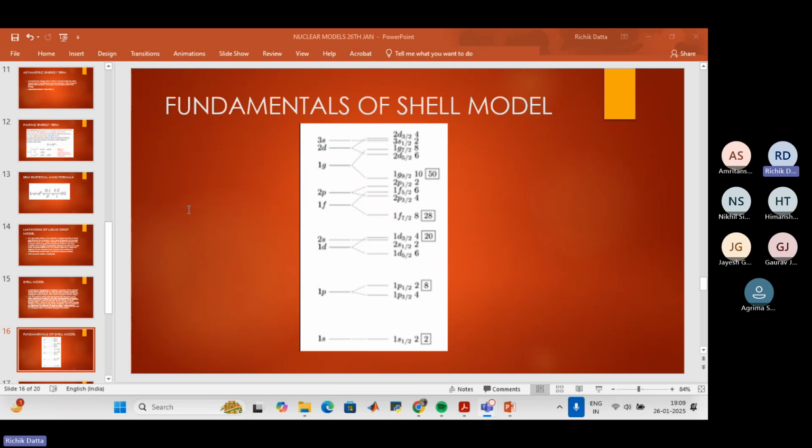If we take the expectation value, we all know the expectation value of J square will be J into J plus 1 into h cut square. Same for the L state, it will be L into L plus 1 into h cut square. For S it will be S into S plus 1 into h cut square. And from that we will get the final